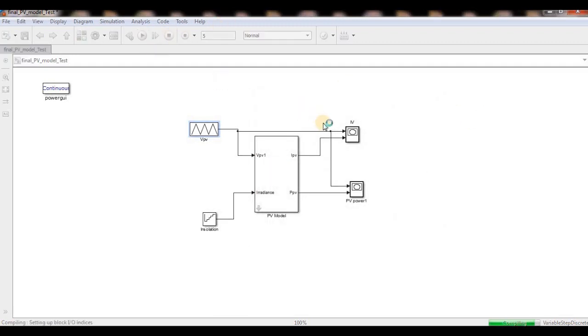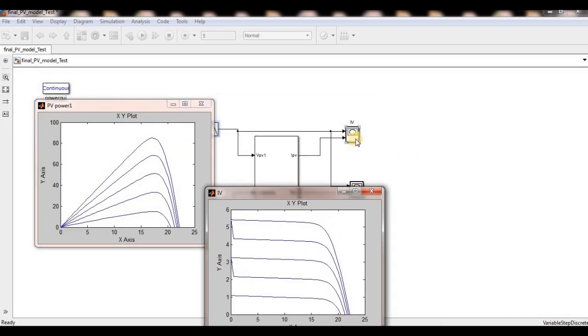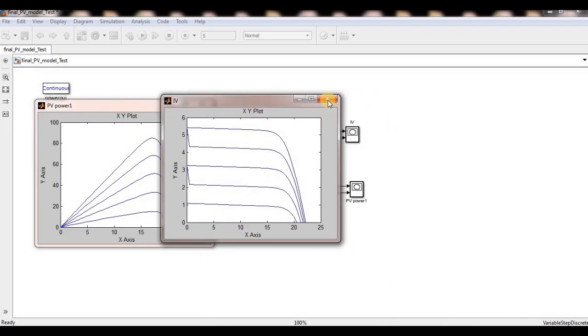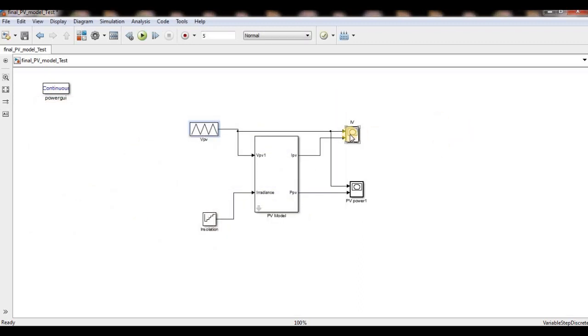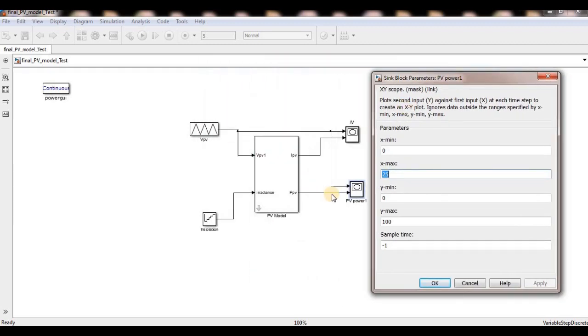See, once I run, I take IPV and VPV, and then I connected the XY curves, and see, I will stop this one. And how to set the values here? See, the x-axis is voltage, so the voltage maximum is 25 volts, and the y-axis here is power.